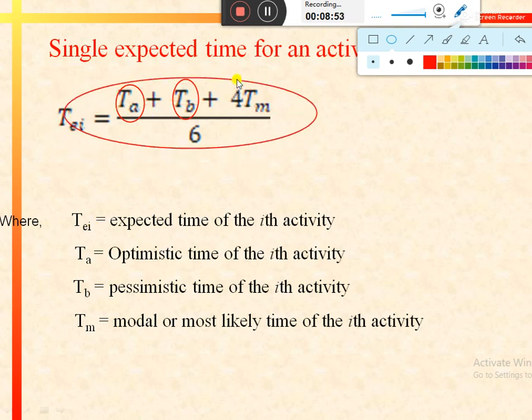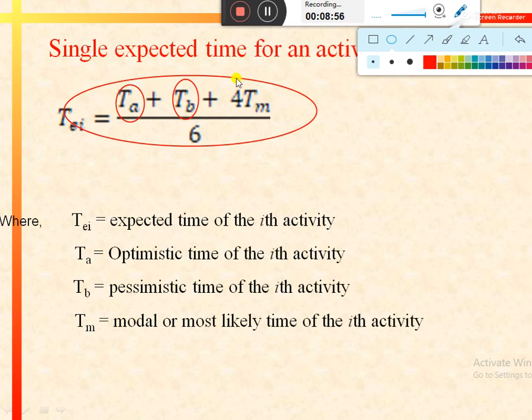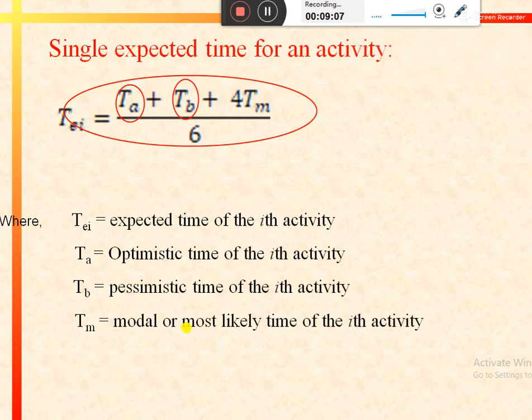And in this formula we have given weightage to different estimated times for the activity, and we have given the highest weightage to the model time or the most likely time, because it has the highest probability in a normal course of action. That's why we have given the highest weightage to this estimate of the time. So single expected time is the first parameter for evaluating any given project,